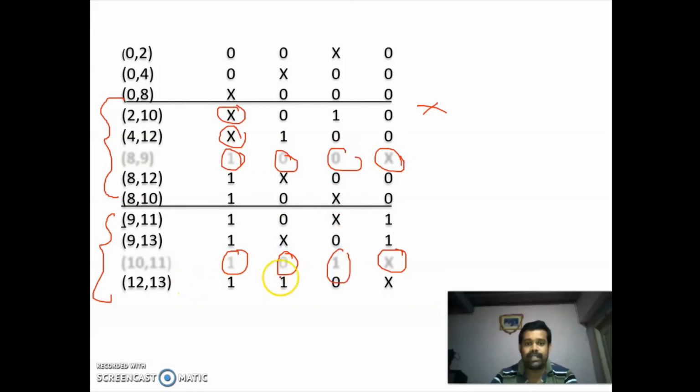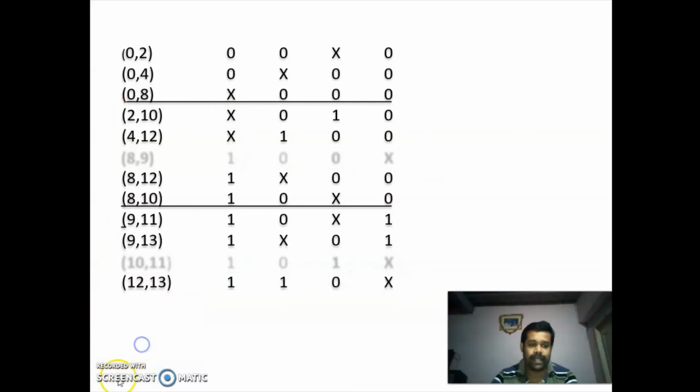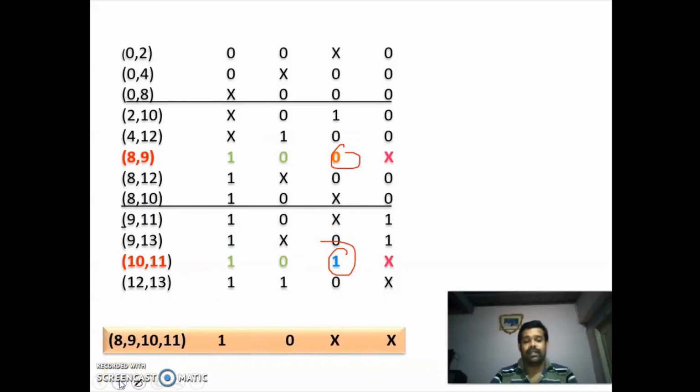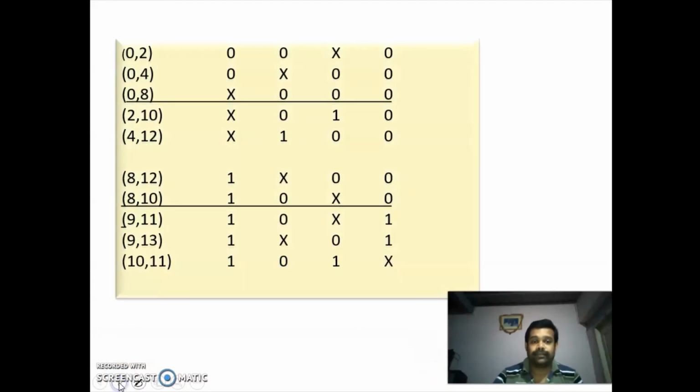So 10xx. So when you are comparing 8 9 and 10 11, you will be getting 10xx. Only this is varying. So this is a prime implicant what you are getting. Okay. Next